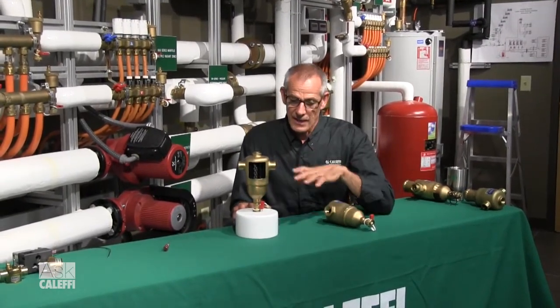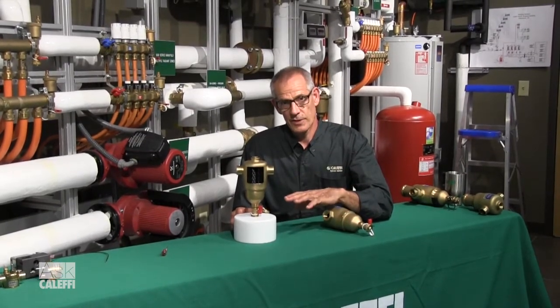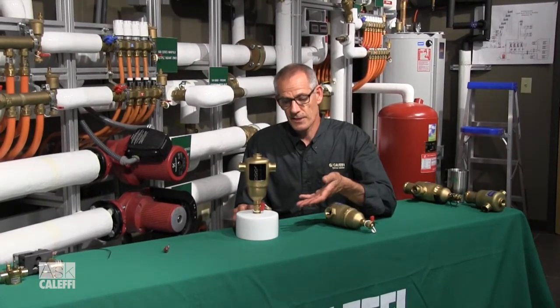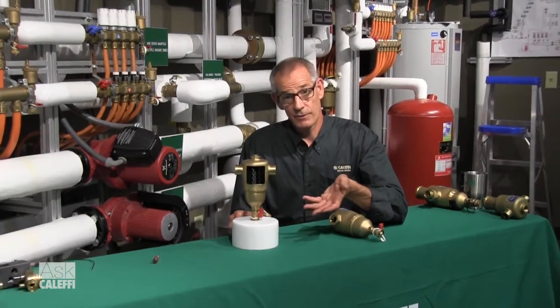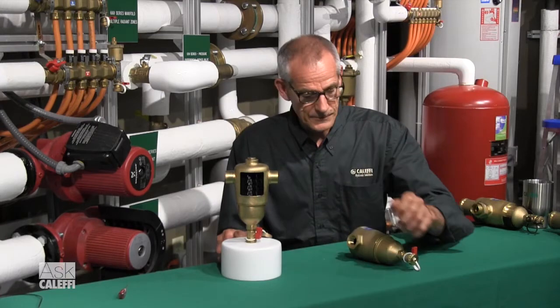fall to the bottom. Now occasionally you'll have one of these that gets plugged up so solid, there's so much dirt and debris in an old system that you've installed one of these in, that it's plugged up and you're not getting any flow or much flow at all through your system. You might have to take it apart. And when you do that,